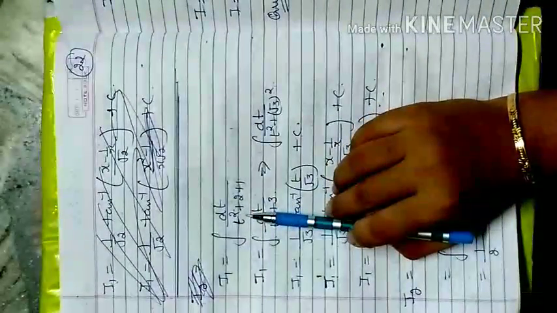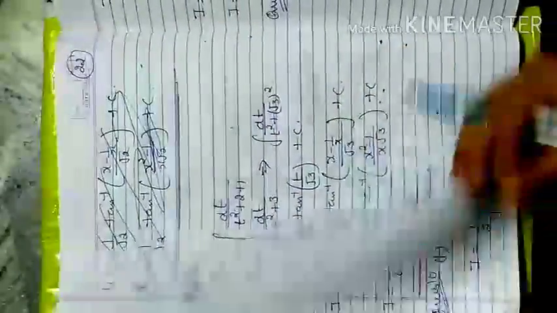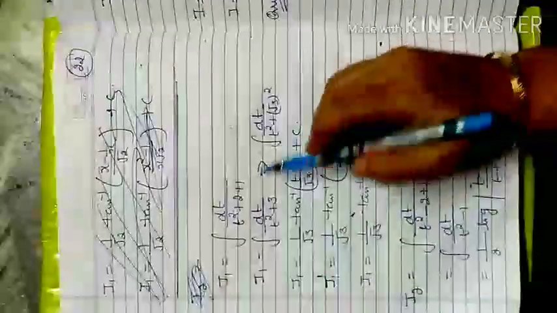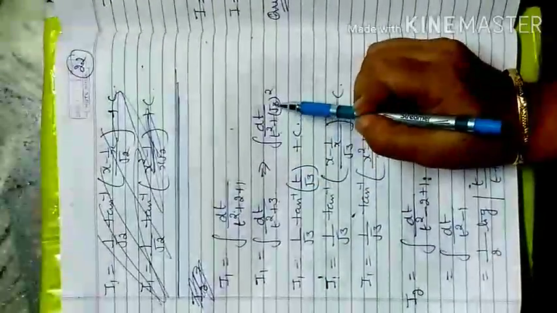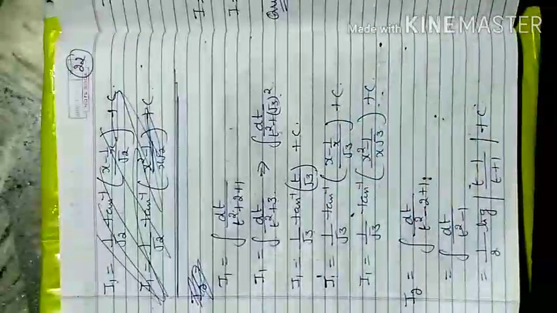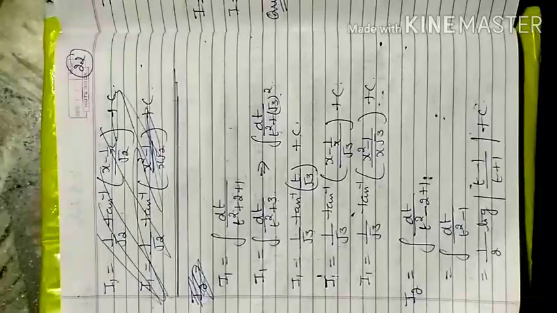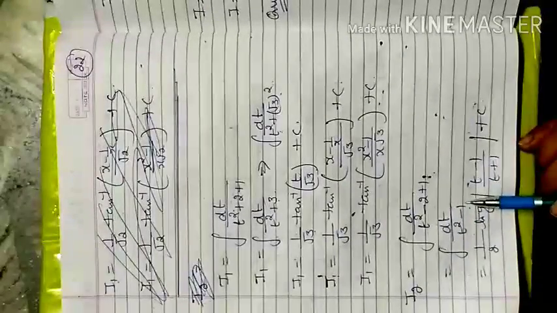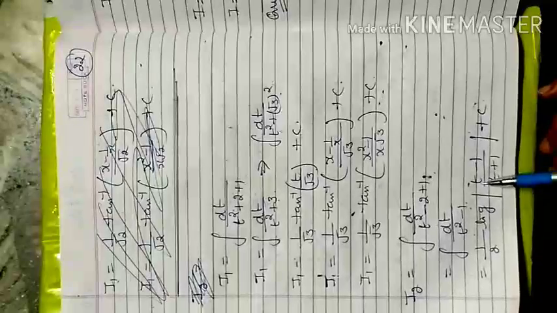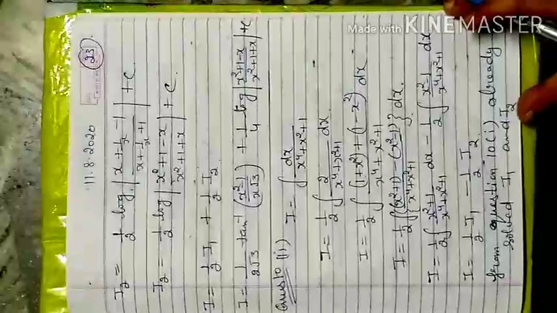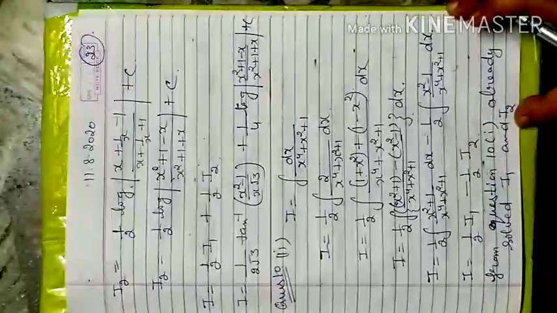So dt by t square plus 2 plus 1, because when you replace x square plus 1 by x square with t square plus 2, 2 plus 1 is 3. So t square plus root 3 whole square, x square plus a square form, 1 by root 3 tan inverse t by root 3, then t is replaced back to x after the LCM, we get the value of I1. But in I2 there was t square minus 2 plus 1, so that becomes t square minus 1, x square minus a square form. So 1 by 2 log (t minus 1) by (t plus 1), we directly apply the formula. Now t is replaced back to x, then after the LCM,